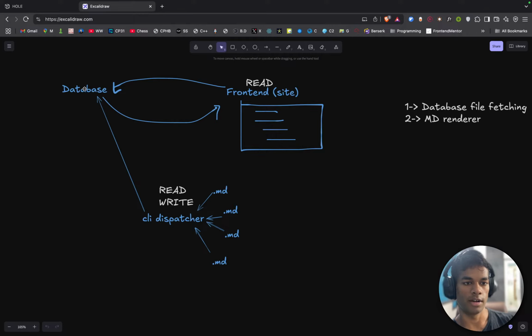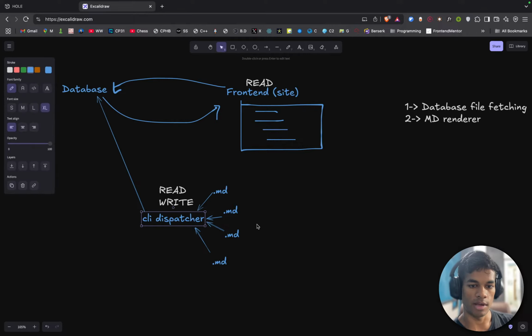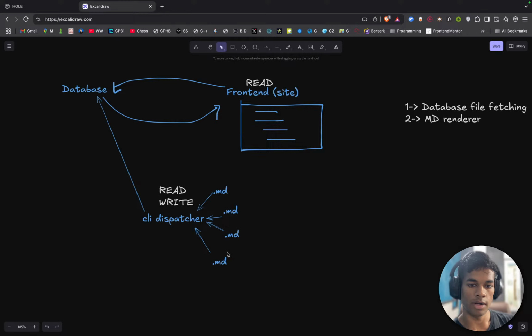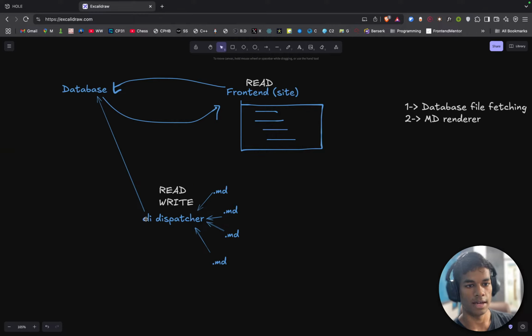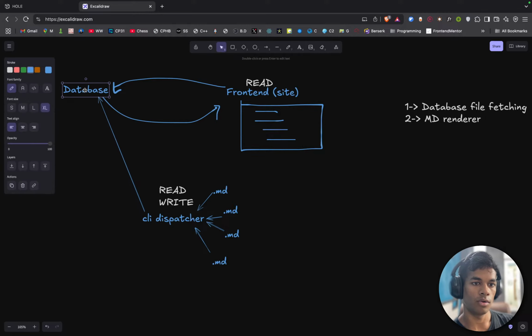There will be my database, and some way the front end should be able to send a request to the database and get data back. That is all the front end needs, and then it will render that data.